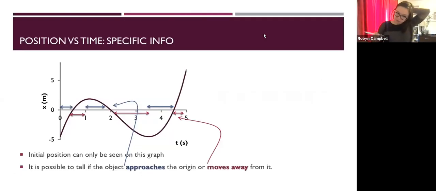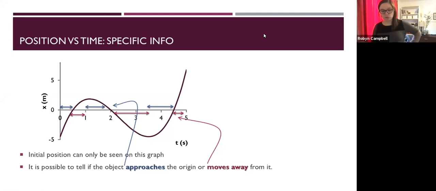Okay, so note that we can only get the initial position from the position time graph. It doesn't show up anywhere on the velocity time graph. So that's a note that we'll have to make for later, because that's actually quite important. So of course, again, the y-intercept is the initial position. So in order to look and see if the